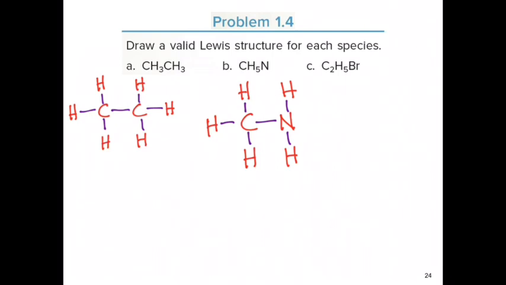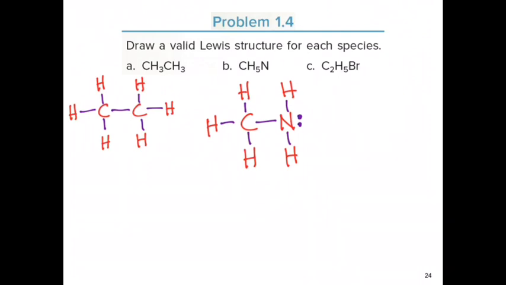So now you can see that the central carbon atom has a total of 8 valence electrons, following the octet rule. So you have 2, 4, 6, and 8. Nitrogen, on the other hand, only has 3 bonds, which means that it has a total of 6 electrons. And so it doesn't satisfy the octet rule. So what that means is that we're going to have to add a lone pair of electrons in order to satisfy the octet rule. So adding a pair of electrons here gives nitrogen a total of 8 valence electrons. So 2, 4, 6, 8. So this is the Lewis dot structure